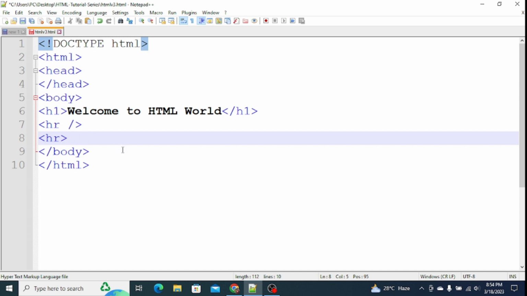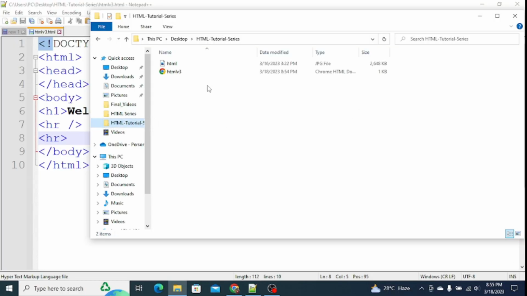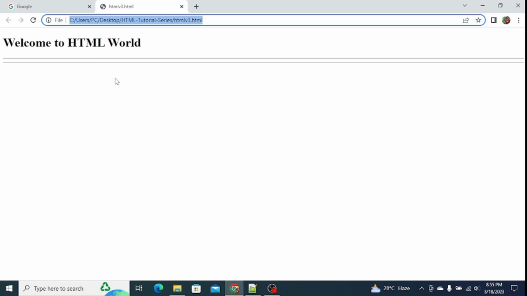Now we will see how it will look on the front end. Basically, the hr tag means a horizontal line. If we have to divide the page, we can use this tag. We'll go to that path and just double click, so it will open. So this is the h1 tag, then we have added these two hr tags, which are represented by